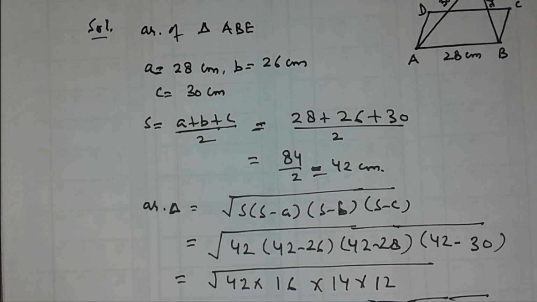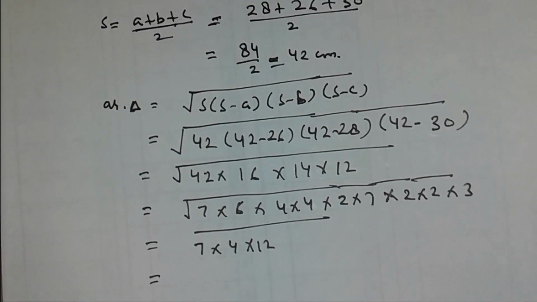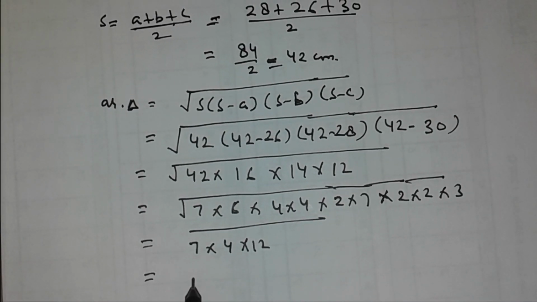So ultimately when you are making the pair, all are in pairs, so you just do it, 7 into 4 into 12, that is equal to 336